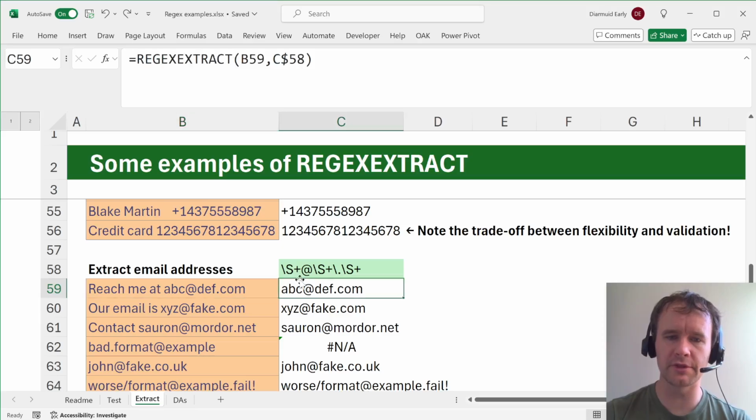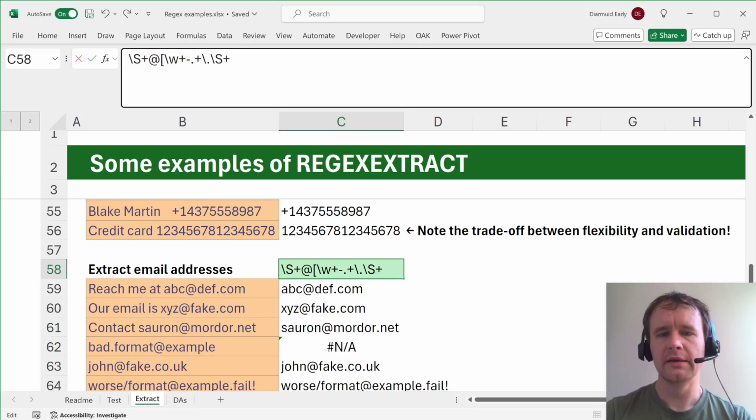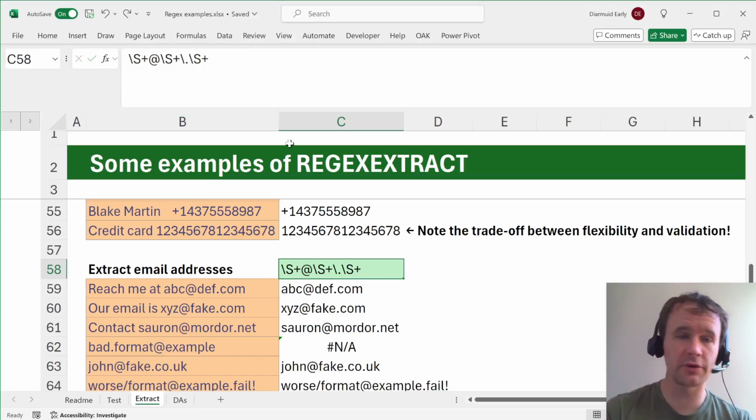But if you used something more tightly defined here that was, for example, maybe a \w to pick up letters and numbers, and maybe you also add, I don't know, plus, dash, period, whatever else, then you probably shouldn't include a period in the domain name. Then you'd need to add the possibility that there could be more dot somethings at the end. And maybe you want to control how many there can be.